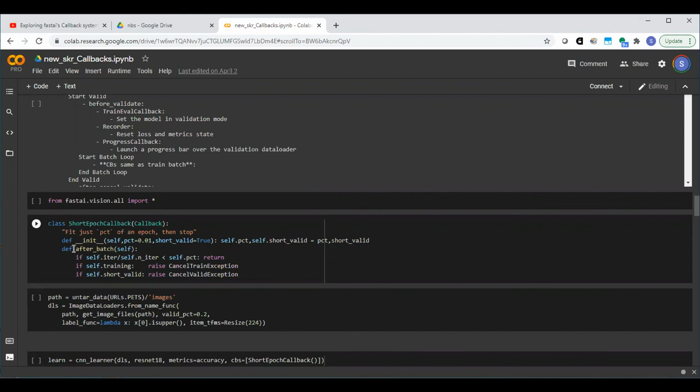This is just the initialization. And again, you write the code for when you want the callback to run, which is after the batch. And now we know based on Arto's explanation last week and the week before that self.iter is automatically set up to be the current iteration, and self.n_iter will be the total number of iterations. So obviously the ratio is the percentage. And if the ratio is less than the percentage, which means that our iteration as a percentage of the total number of iterations is less than, in this case, the percentage that we specify, 0.01,